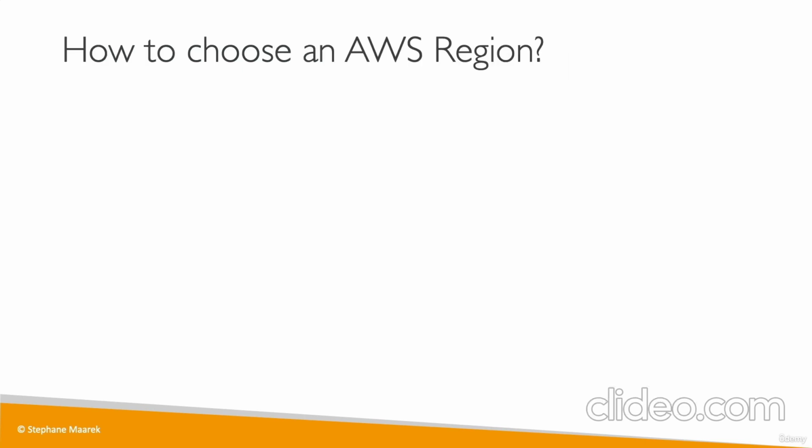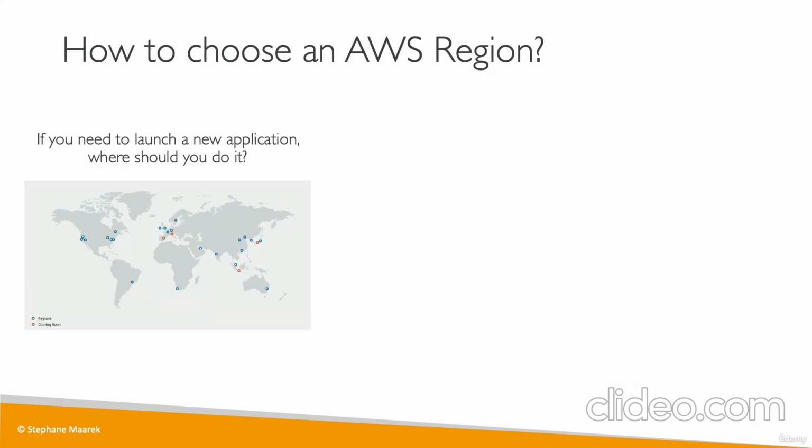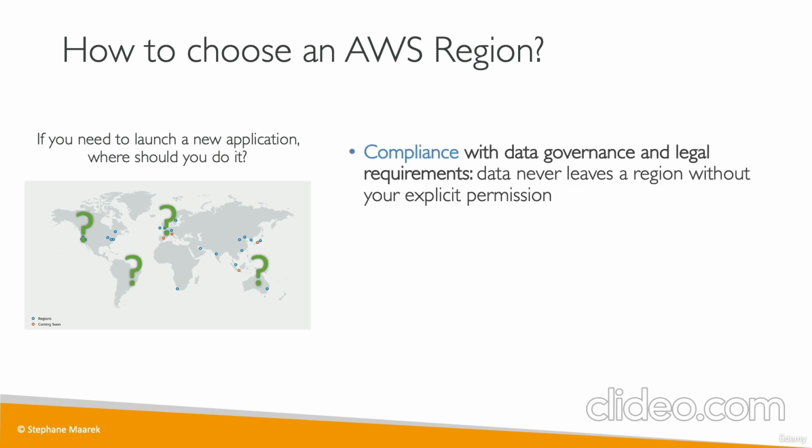Now, a question that may come up in the exam is, how do you choose an AWS region? Say you're launching a new application, where should you do it? Should you do it in America, in Europe, in South America, or in Australia? Well, the answer is, of course, it depends. But let's look at some factors that may impact your choice of an AWS region. The first one is compliance. Sometimes governments want the data to be local to the country you're deploying the application in. For example, data in France may have to stay in France, and therefore you should launch your application in the